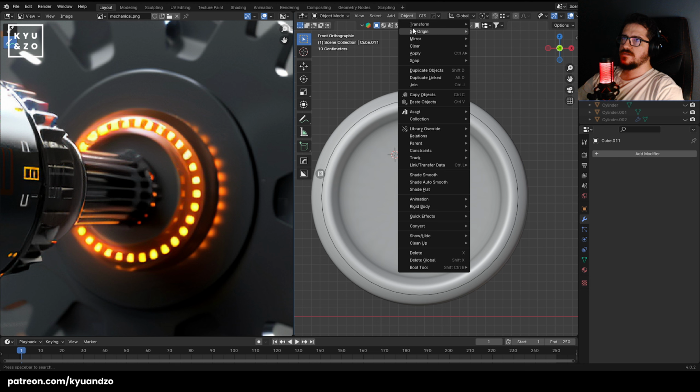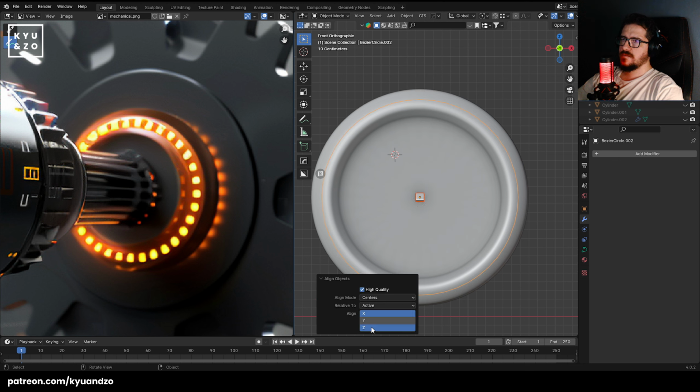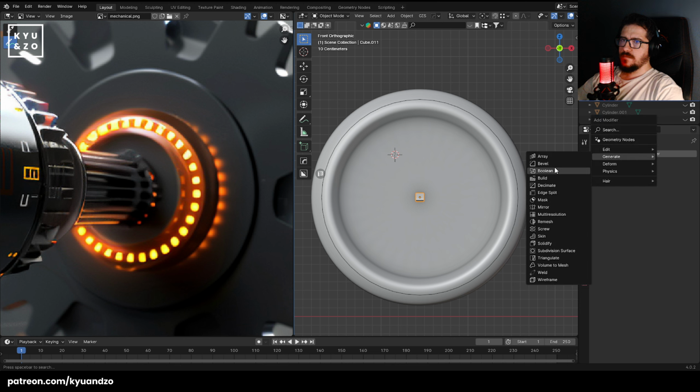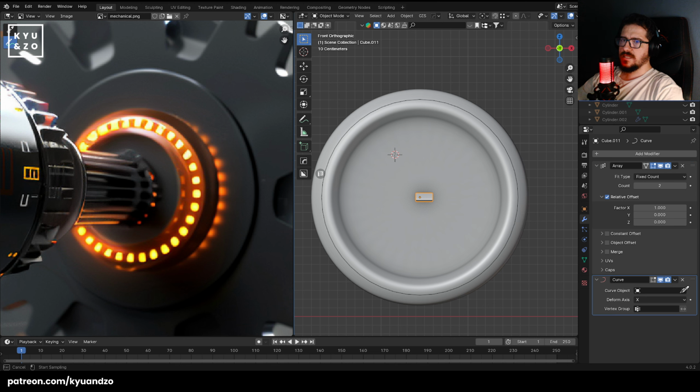Set origin to geometry and align it. Yeah, that's it. Now we need an array and curve. All right, select the curve object, which is this one, array, just as we did before,